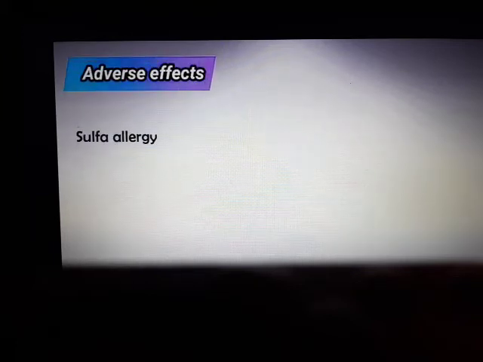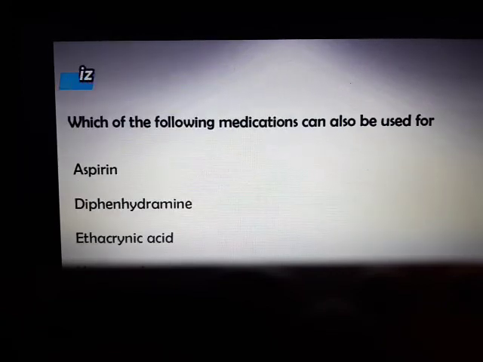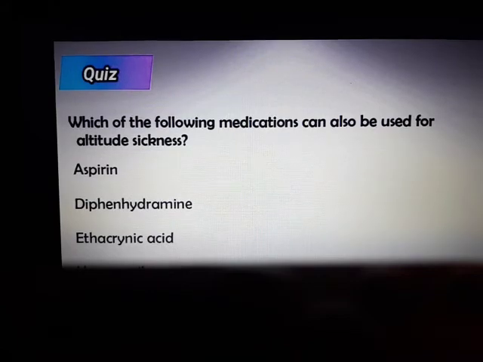It causes sulfa allergy like many diuretics. It also causes ammonia toxicity and metabolic acidosis. Here's a small quiz. So, which of the following